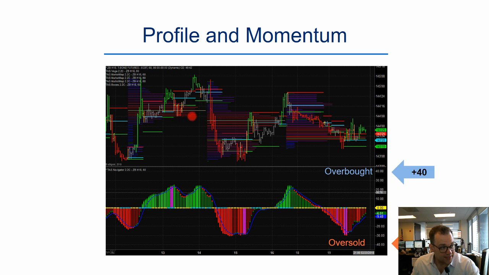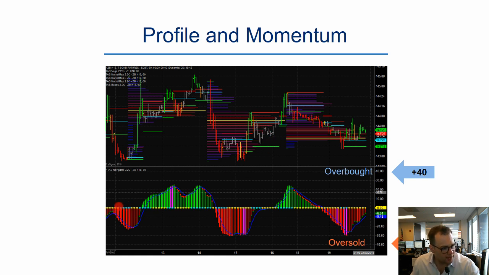In this instance, we bought, we actually held, but the next time we tested this area, third time through, it broke down, and that's where we saw Navigator work its way lower. Same thing again, exhaustion warning. What does that mean? Well, it doesn't mean you have to get out of the trade, but maybe start trailing some risk, maybe start looking for a reversal. We see these green tips, we work our way into this, start working more bullish.